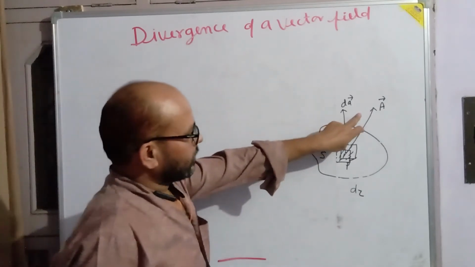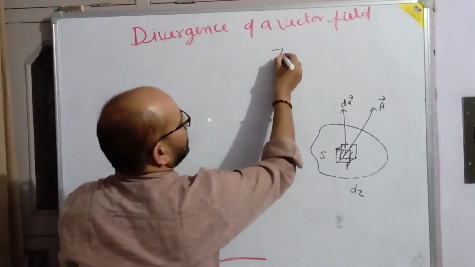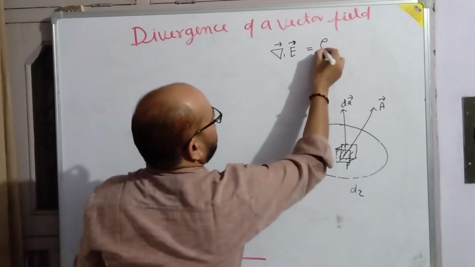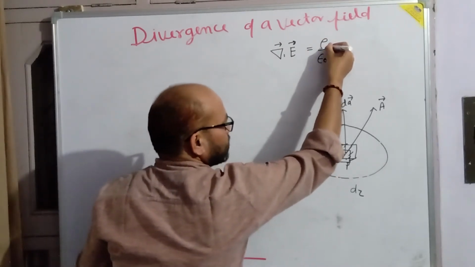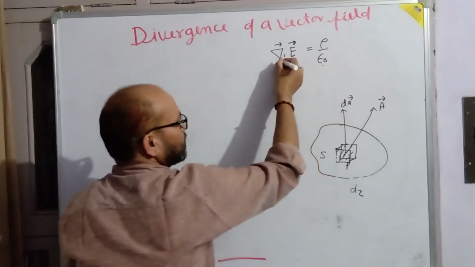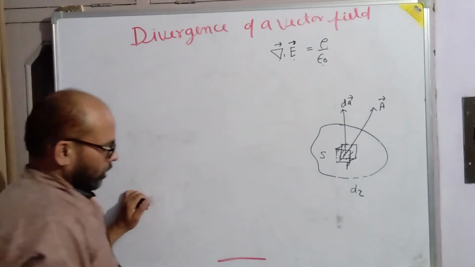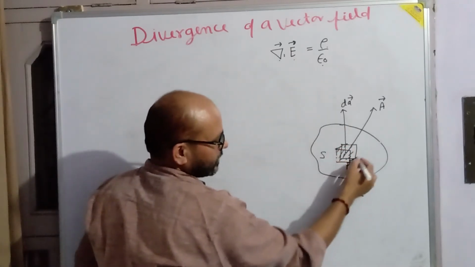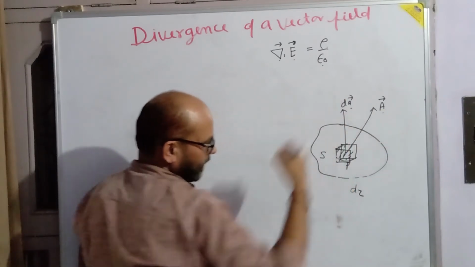तो we know that, आप लोग ने पढ़ा है, गॉस डाइवर्जेंस थ्योरम. तो गॉस डाइवर्जेंस here: del dot E equal to rho upon epsilon naught. Here rho is the volume charge density, epsilon naught is the permittivity of free space, E is the electric field, and del is the del operator, right? So here to calculate the electric flux of this, dA is the area element, or area vector, A is the electric field.